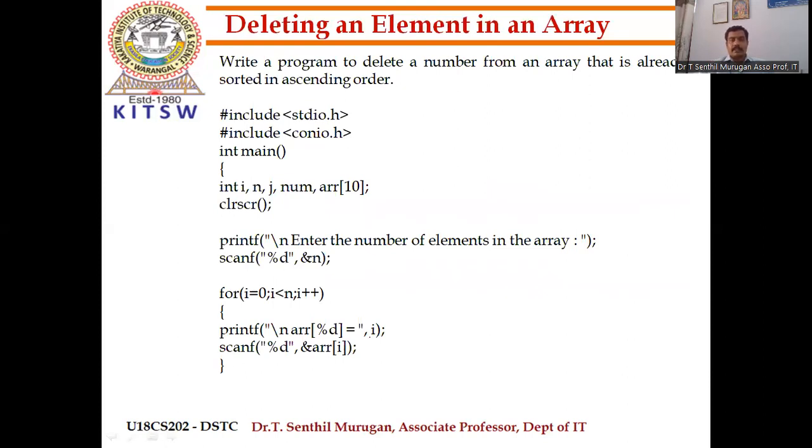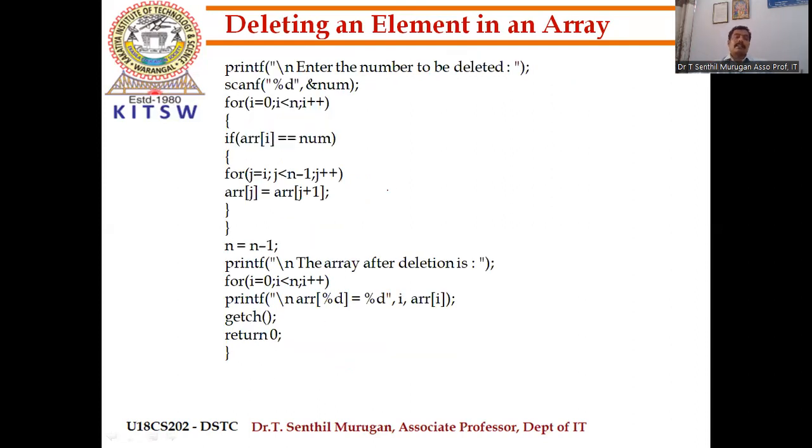First, we will get the number of elements in an array. I declared the array as AR[10]. Maximum element is 10. So I am getting the value for each and every array element, from 0 to n minus 1. I have to collect the values. After collecting that,